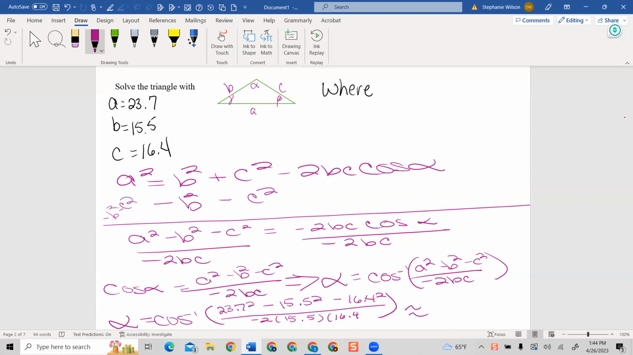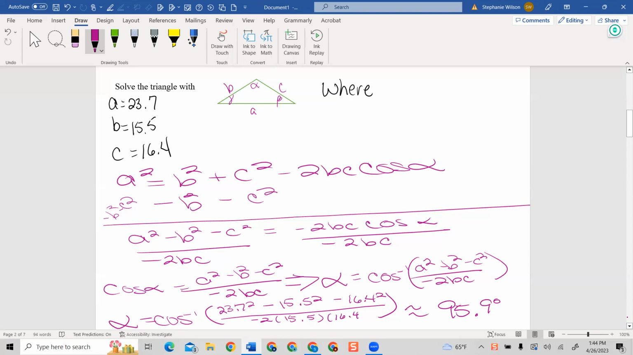All right. Make sure you close your parentheses. Make sure you're in degrees mode to avoid errors. And I get 95.5 degrees, or excuse me, 95.9 degrees. Okay. So